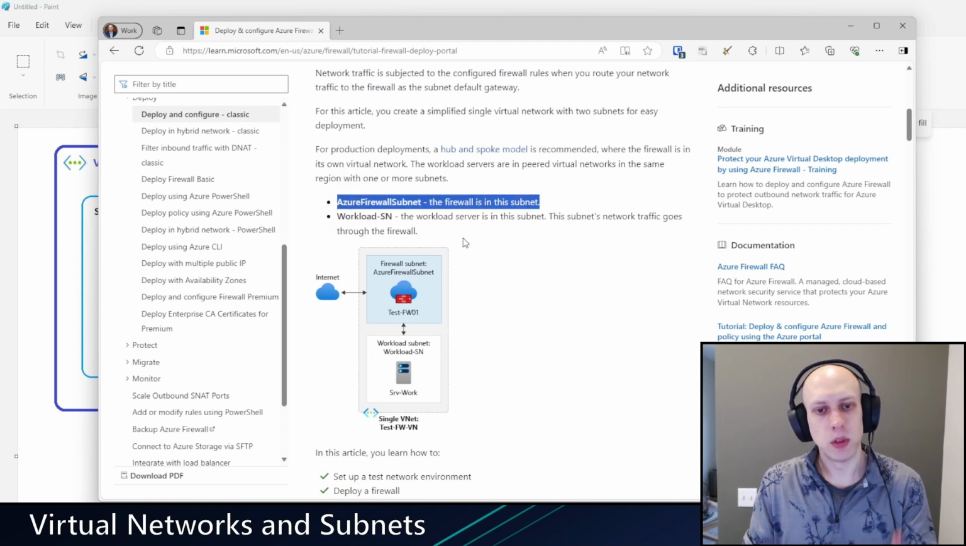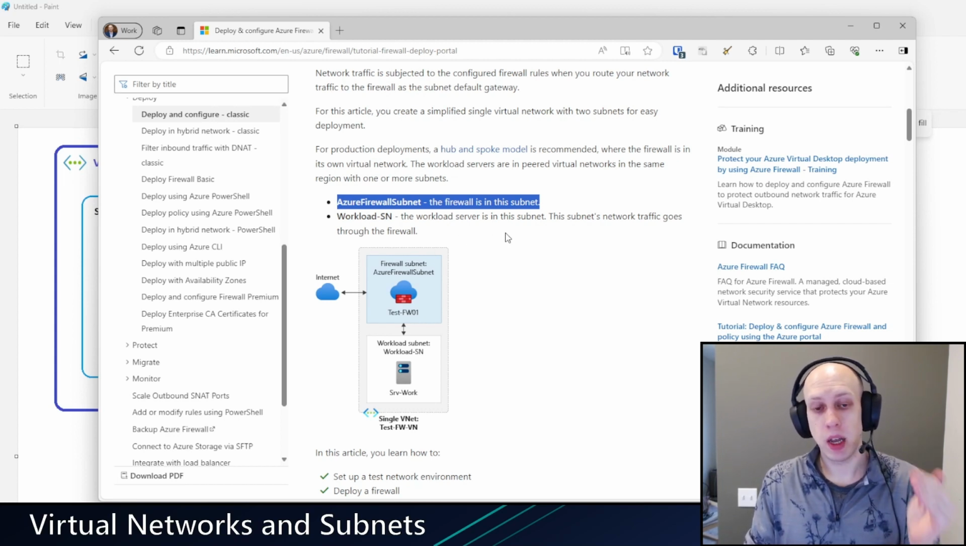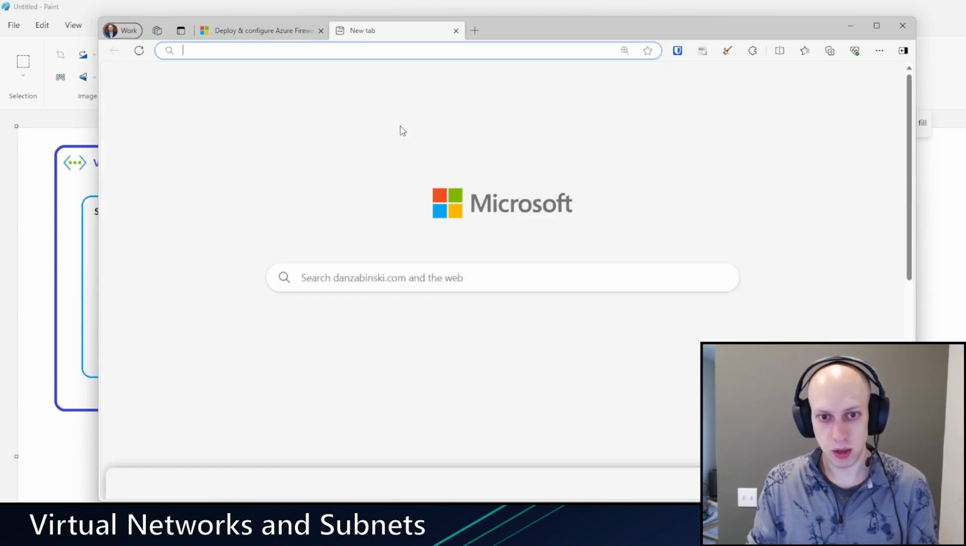Azure firewalls, if you're going to create one, they require a subnet. The subnet has to be named Azure Firewall Subnet. Likewise,